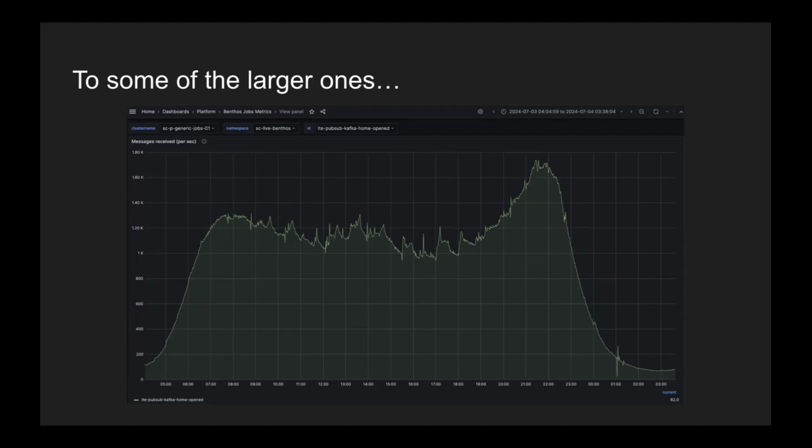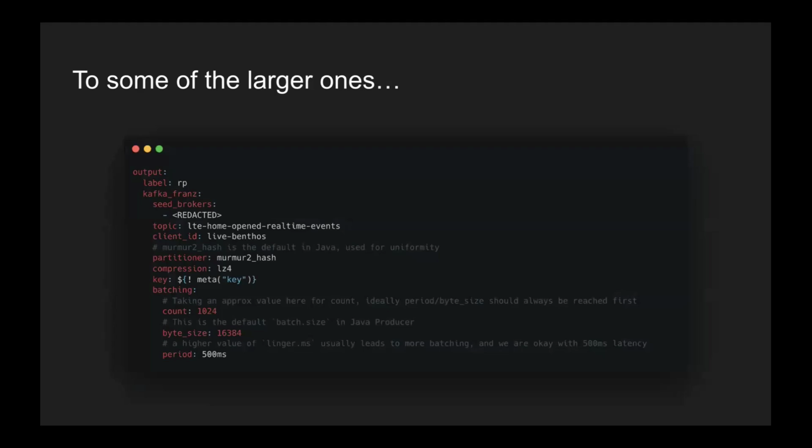Okay, it is not that cheap. I would say, but it's still extremely cheap. I'll get back to that. But I will show you a bit of it in the config, like how you optimize. For example, this is the optimization every developer does in the Java code. They set the batching period, the batch size, what compression algorithm to use, what hashing strategies to use. So all of these are very well defined. This is the entire setting that we have, and it works.